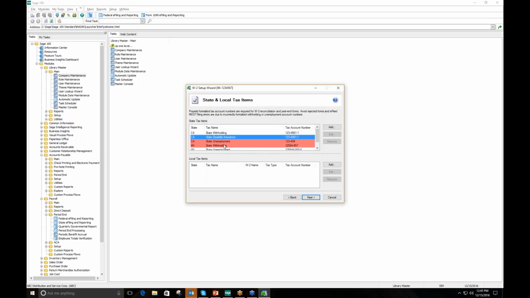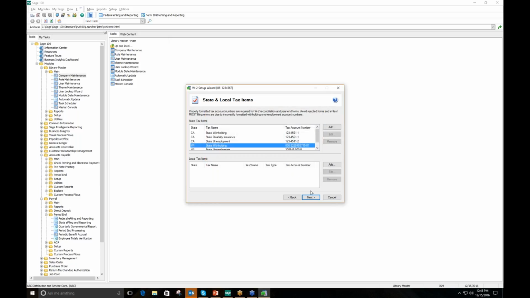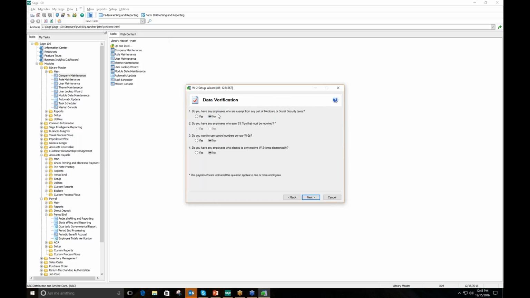You'll have the correct information, or should, in here. The testing environment just doesn't give me the correct setup. All right, so this is just everything for your state and local tax items. And then for this screen, you'll want to go ahead and enter in any changes that you need for your